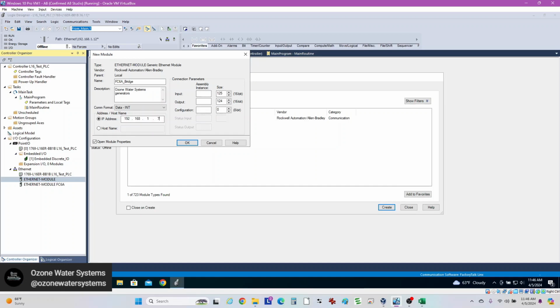Our Ethernet bridge has 2 ports. Port 1 is generally used for local communications on the skid. Port number 2 is what you'll be tying into with your Ethernet bridge connection to the generator. And then you put in your instance assembly numbers. This is 100 with 25 registers. These numbers may change if you have a custom setup. The outputs are 101 with 5 data points, and then the configuration, just put a 1 with a 0,